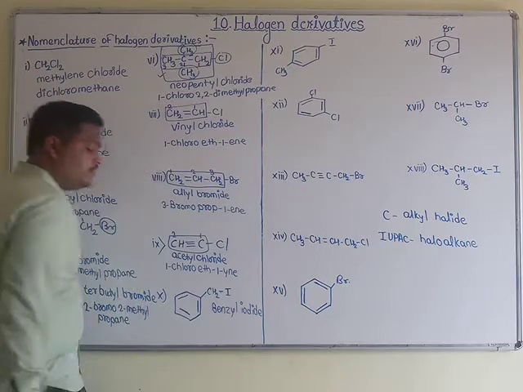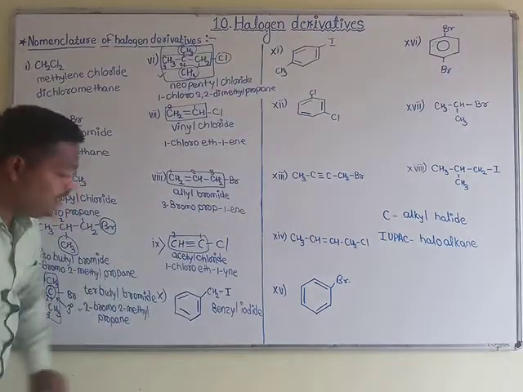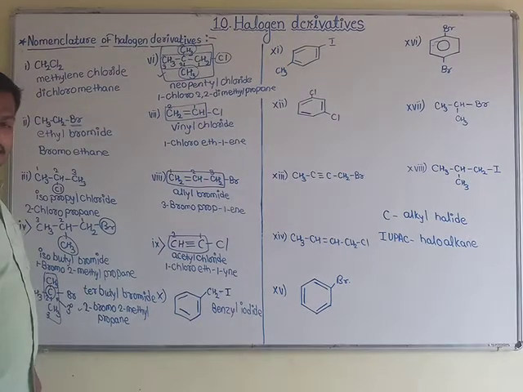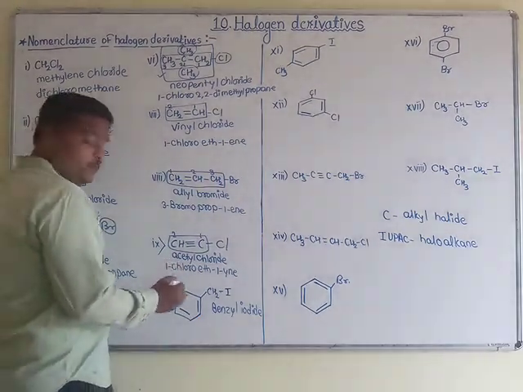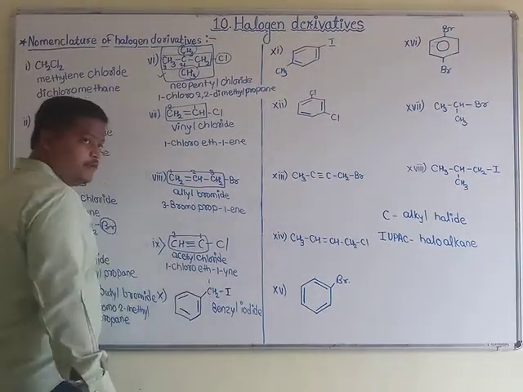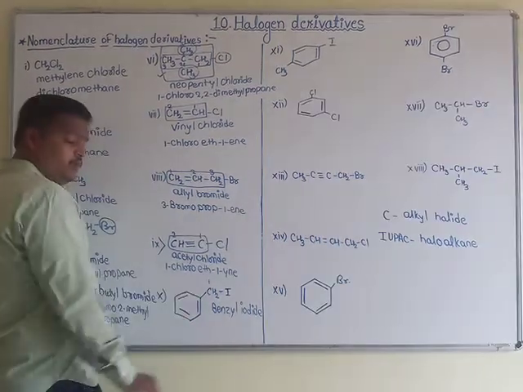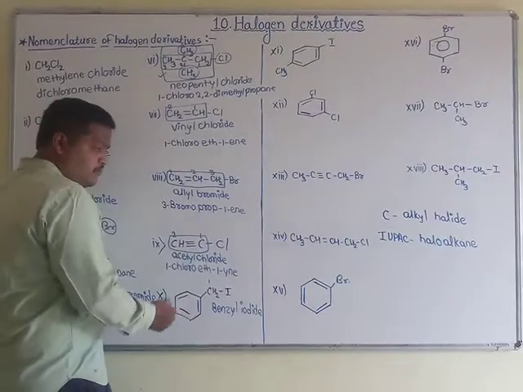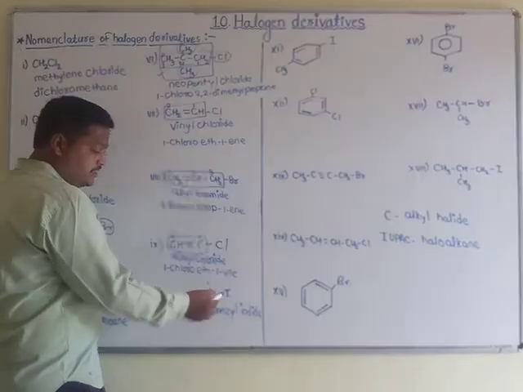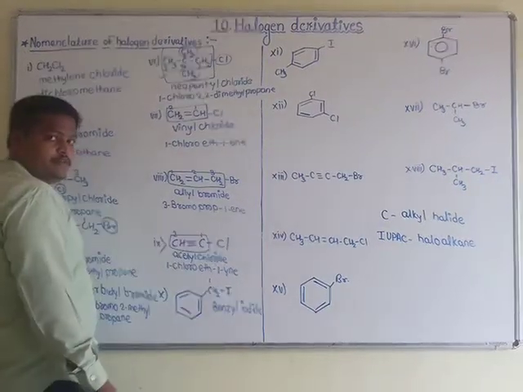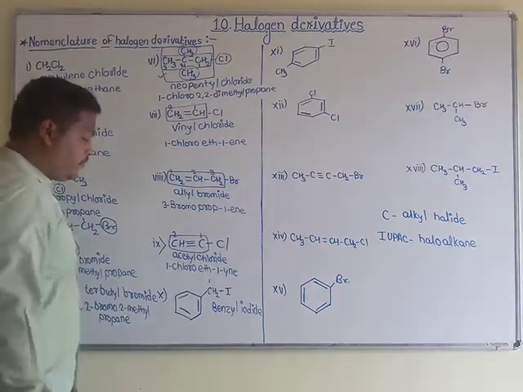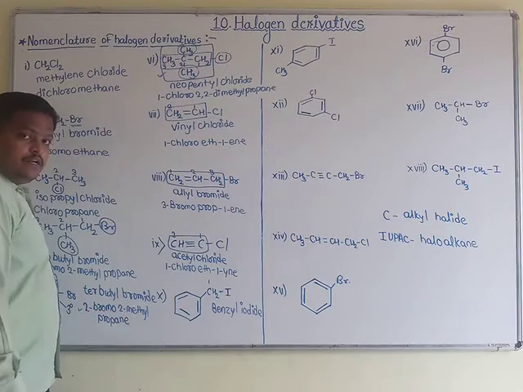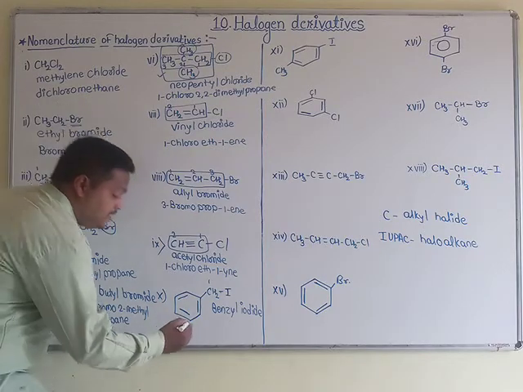Okay, this compound is benzyl iodide. Benzyl iodide is the common name for this compound. Again, to give the IUPAC name to this compound, the longest chain of carbon is only 1, and yes, a phenyl group is there, and this is iodine. To give this compound a name, 1-iodo or 1-phenyl. Yes, what is its name?